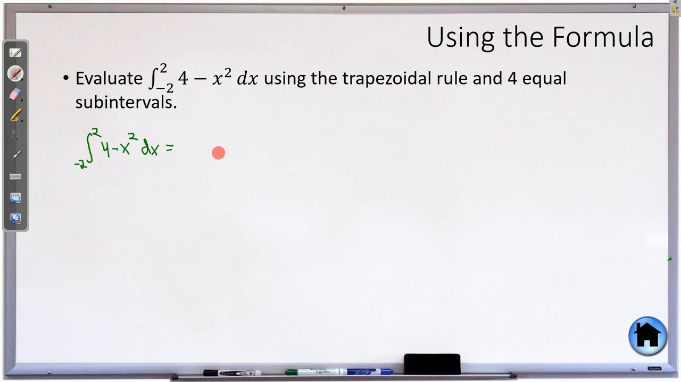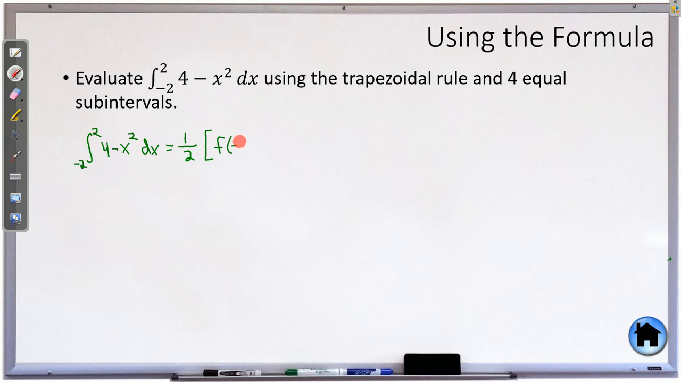is equal to, all right, so what is the height? Well, if we're going from negative 2 to 2, that's a distance of 4. And if we're doing 4 subintervals, then each one will have a height of 1. So I'm making it nice and easy there for us. So 1/2 times